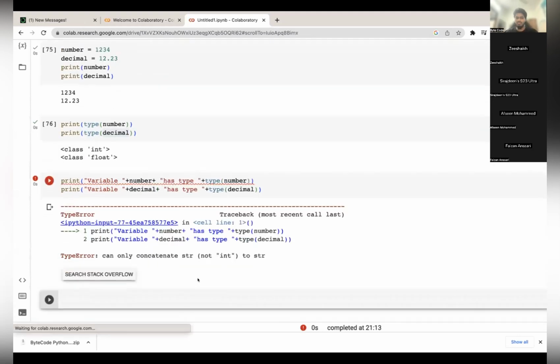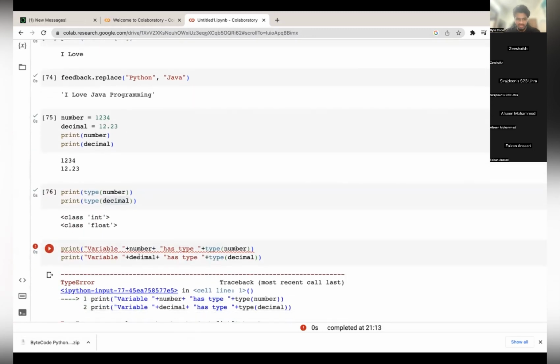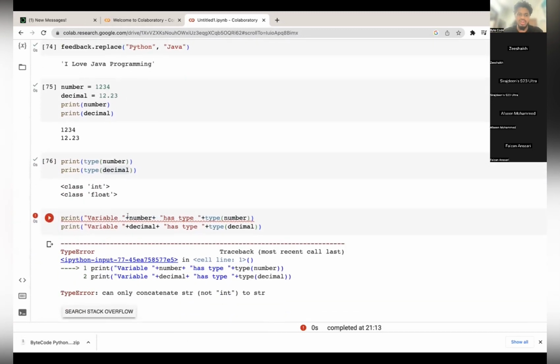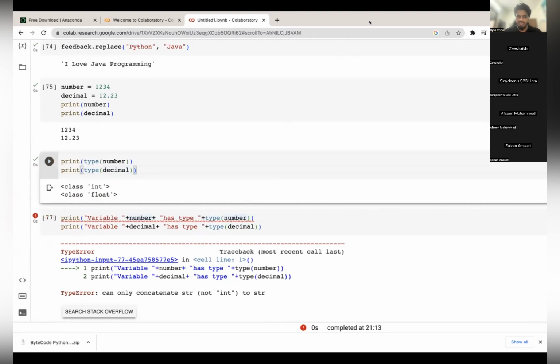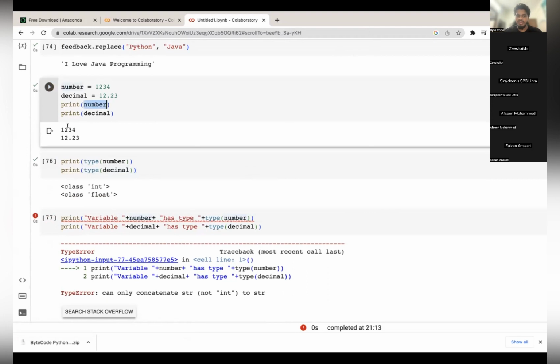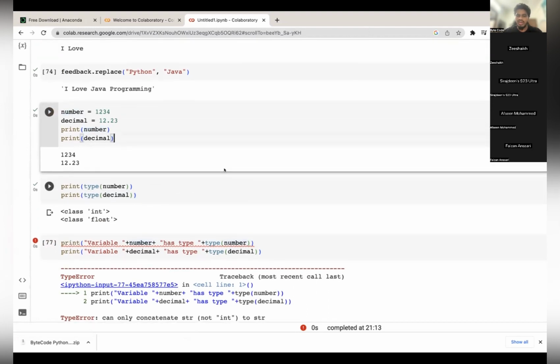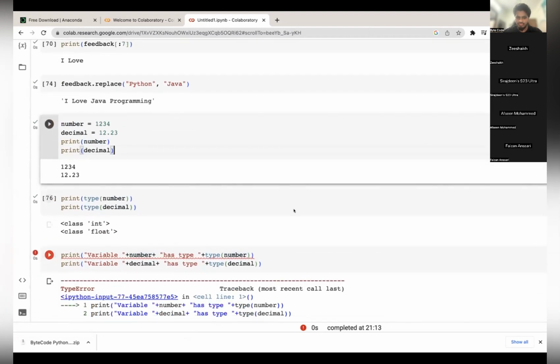What it will do is dynamically concatenate. But remember, you can only concatenate strings. Inside a print statement, if you just give the number, it will print. But if you are trying to concatenate, I will show you.